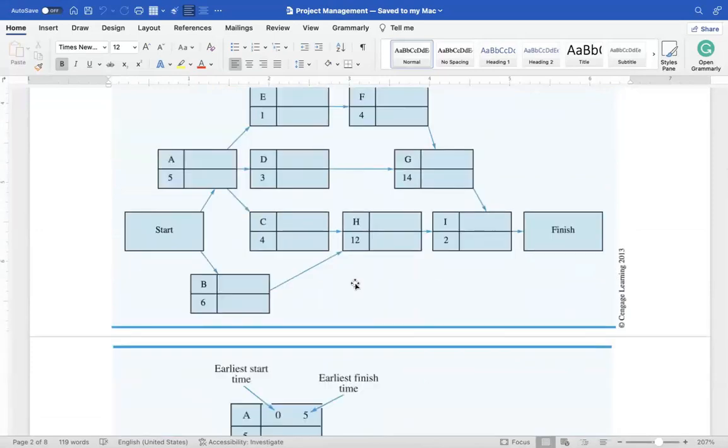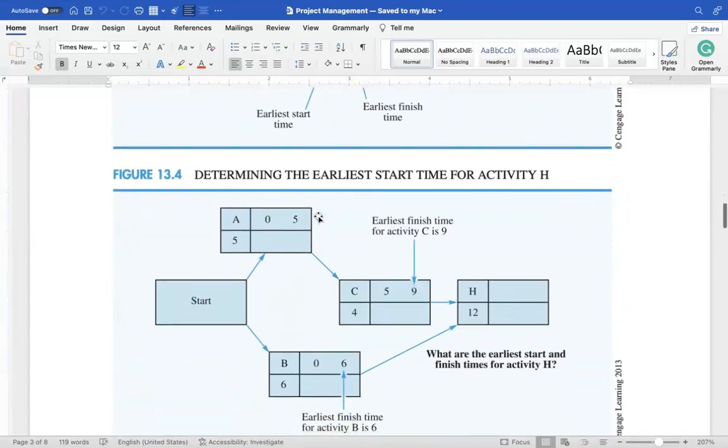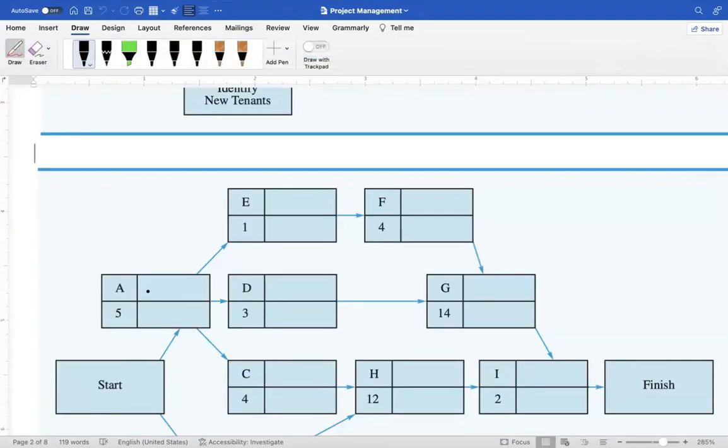In the next step, we will be filling out this one. Let's start with this one. So for example, now start activity A. Now activity A, it starts at what time? Of course, every activity will start at 0 time. And then how much time does activity A take to complete? It takes 5. So 0 plus 5 is equal to 5. So we will write here 5. Which means that for this activity, the earliest time it can start is 0 and the earliest time it can